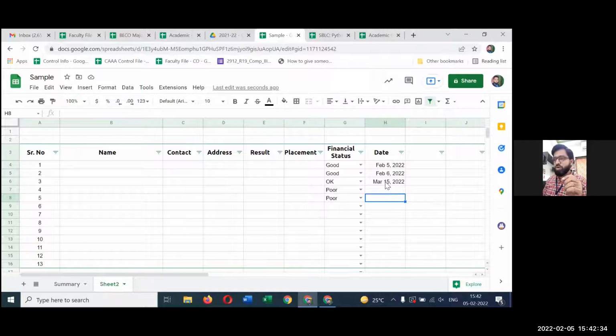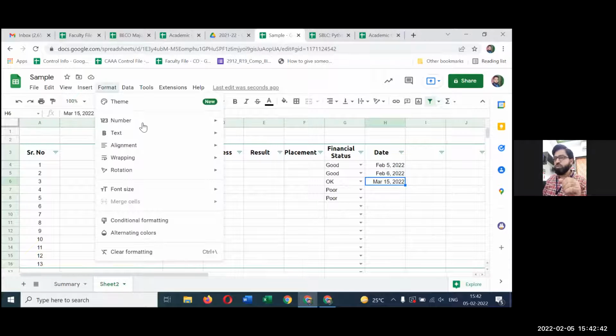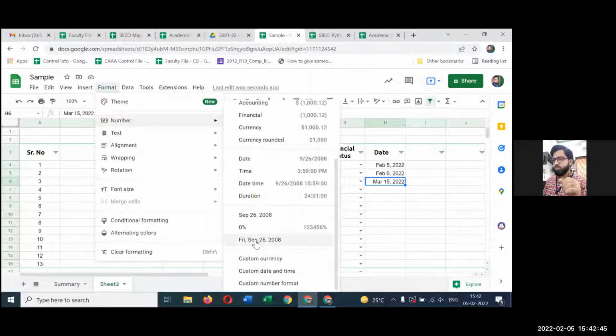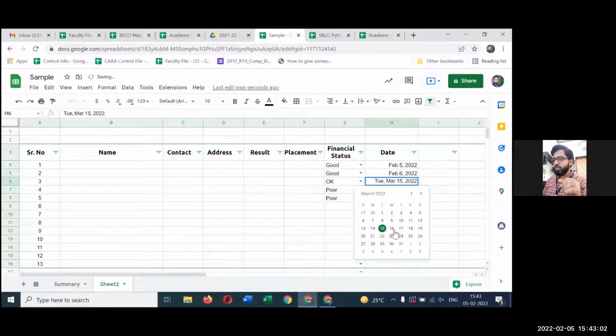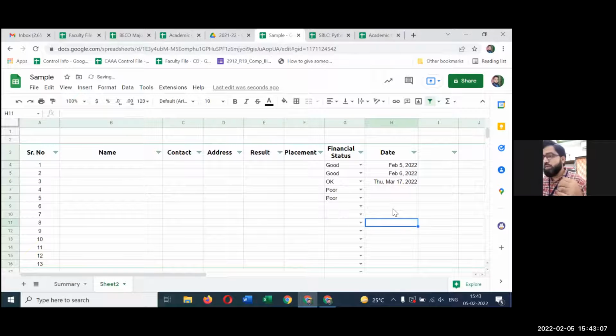So as per your requirement, you can change it. अगर आपको इसमें अगर डे भी चाहिए, you also want to see which day of a week it is. So again, you can go to format, you can go to number, and then here you have one option, Friday, then month, then date, and then year. So I can go to this option, I can go to custom date. Okay, either one. So here I come to know the day also. तो यहाँ पर हमको क्या करना है, खाली डबल क्लिक करके सिलेक्ट करना है, and accordingly it will be changing. ठीक है, so now your data becomes more presentable also, more clearly readable also. आपका डेटा presentable भी हो गया, आपका डेटा readable भी हो गया.